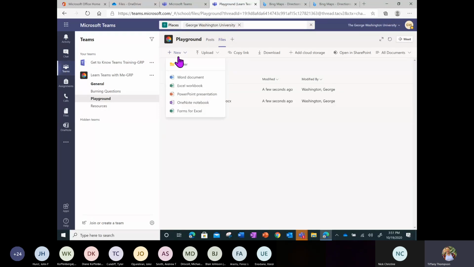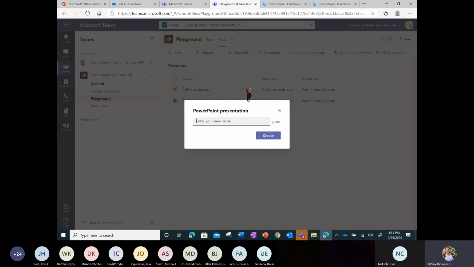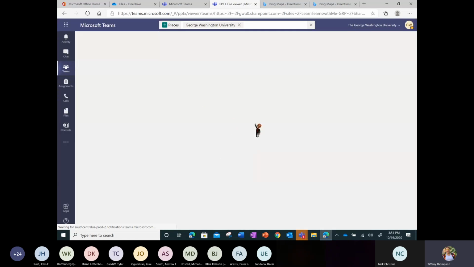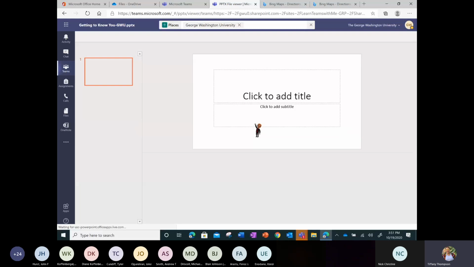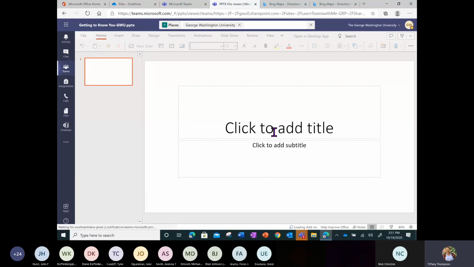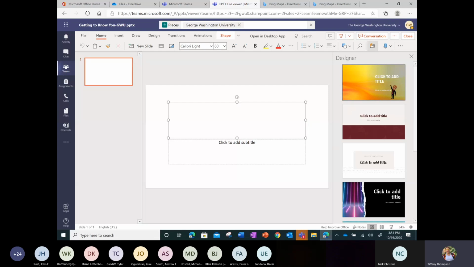But I can also create a file from scratch. So I'm actually going to create a PowerPoint presentation, and I'm going to call it Getting to Know You, GWU. As soon as it opens, if everyone goes to the file section, you should be able to see that file there and edit it with me.